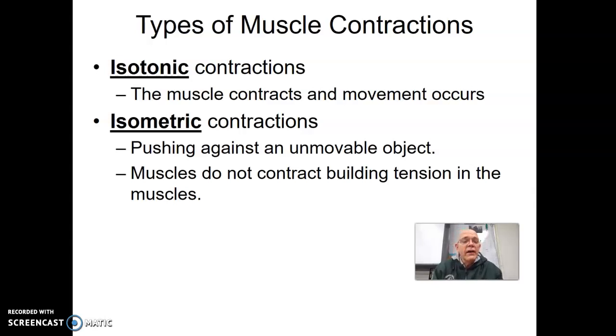We have two types of exercise. We have aerobic exercise, and we have resistance or isometric exercise. Now, this gets a little confusing because we already have aerobic and anaerobic respiration, which both could be a part of aerobic exercise. And we have isometric contractions, but now we have isometric or resistance exercise. So try not to get these confused with the contractions that we have already talked about up here.